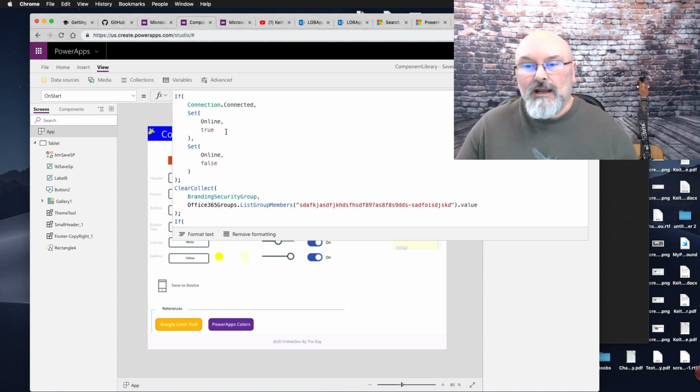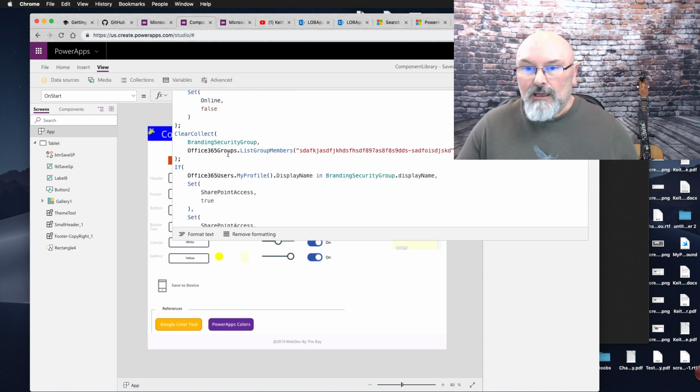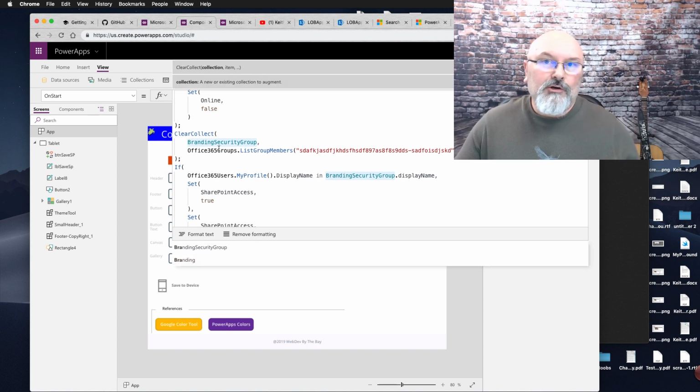And then I set an online variable to either true or false based on that. And here is where we need that security group object ID. And I'm creating a collection. And I'm putting in that collection the return value of the Office 365 Groups connector. You'll need to add that connector to your Power App.